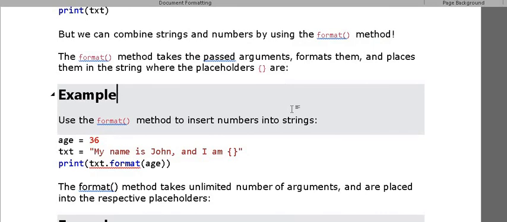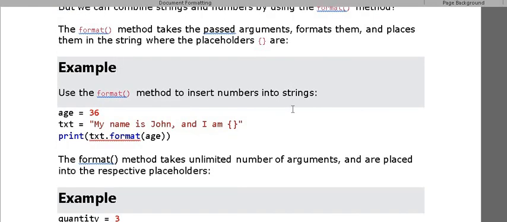Here I am using the format method to insert the numbers into the string. Suppose age is equal to 36. Age is a variable that has the value 36.